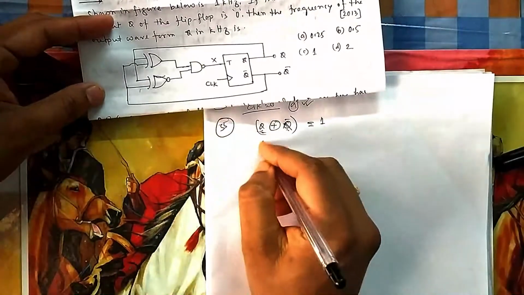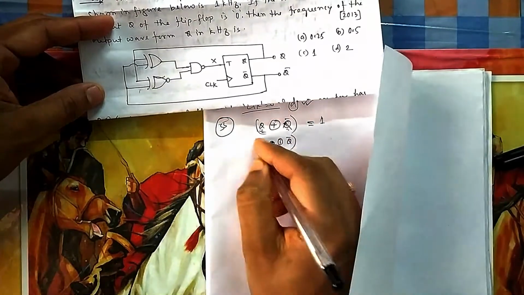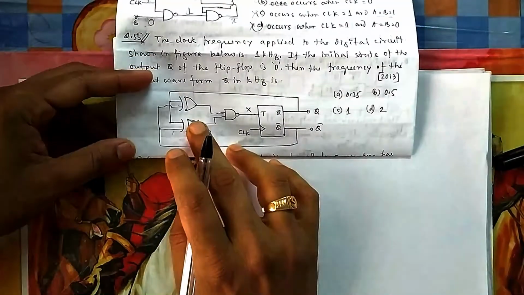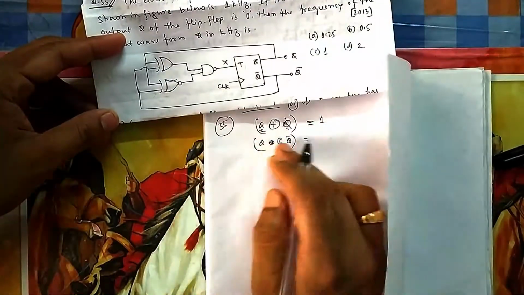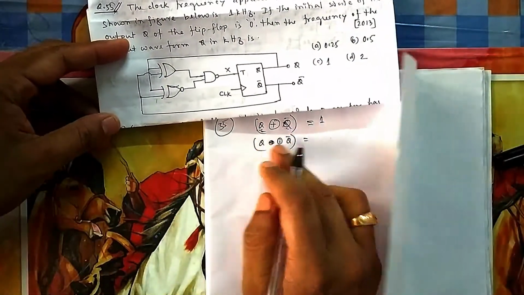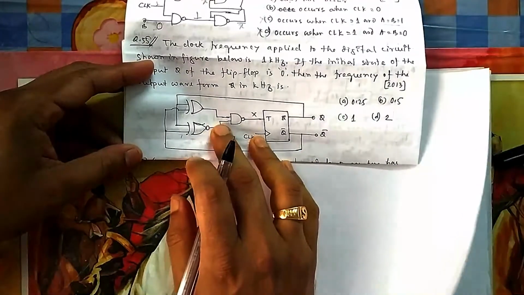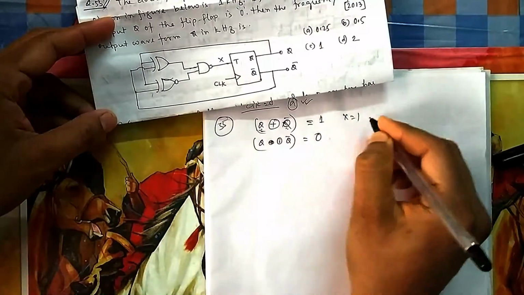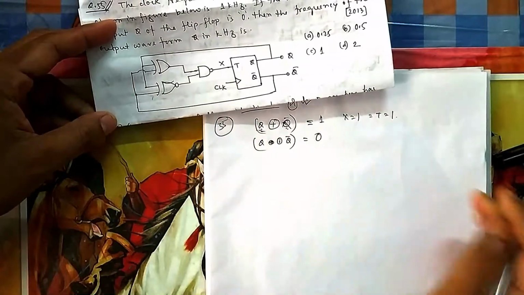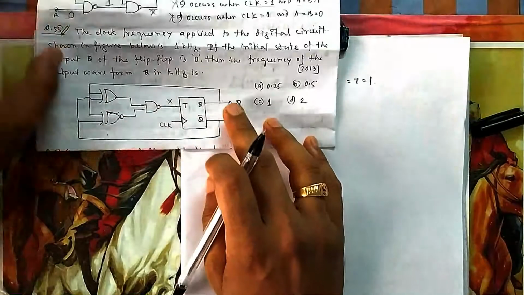And this is XNOR, XNOR between this and this. XNOR means even parity. If both are 0, then it will be 1. If both are 1, it will also be 1. It will never be so here, because if one is 0, then the other will be 1. So it will be always 0. So you see, this will be 1, this will always be 0. So 1 into 0 is 0, and then bar of this one is 1. That means your X is always 1. That means your T is always 1. That means it will be continuously changing. That's it, nothing else.